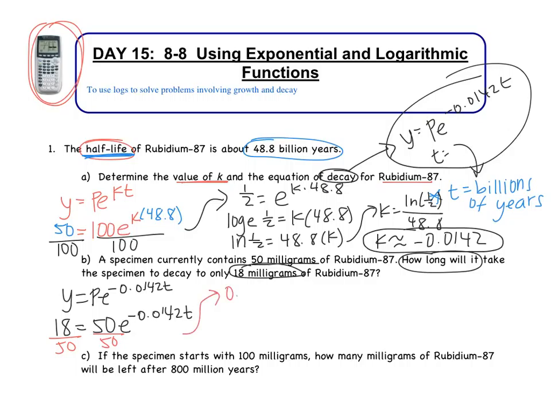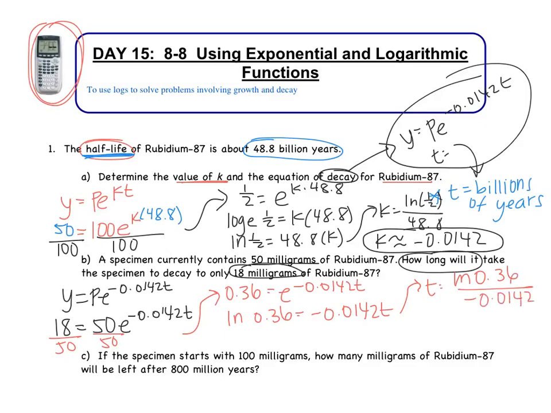So you get 0.36 equals e to the negative 0.0142 t. Okay, so at this point I have an exponential equation. I can't rewrite either side, so I have to change this to log form. So this becomes the natural log of 0.36 equals negative 0.0142 t. That means that t equals natural log of 0.36 divided by negative